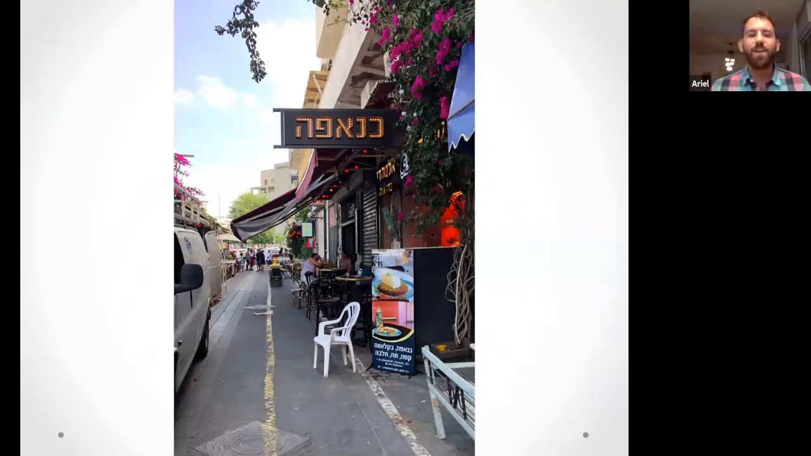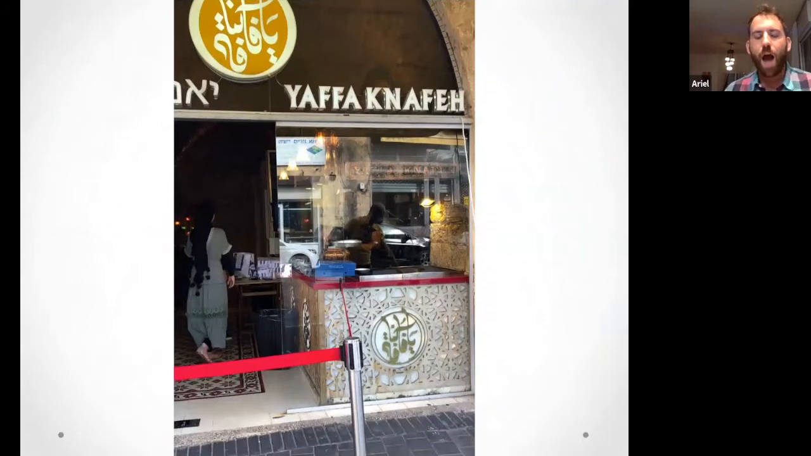Here we have a knafa. Knafa is a Palestinian dessert made with cheese and a kind of bready layer. I don't know how to explain it, but it's a dessert. And here I took a picture of a place called Yafa Knafe. You can see there's a religious Muslim woman serving customers, and it just shows you the diversity you'll get in Jaffa and Tel Aviv, a mostly Arab populated area of Tel Aviv